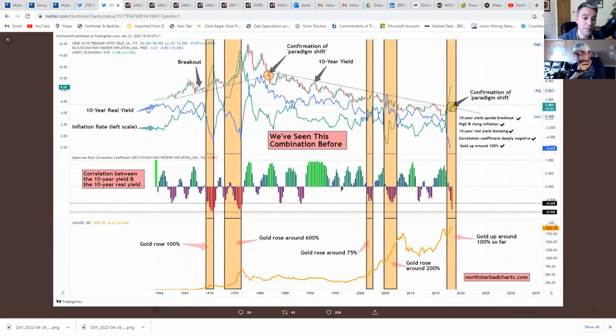10-year real yield. The real yield takes into account inflation, and inflation is the green line. So you've got the real yield in blue and the inflation rate in green. So what can you identify in the 1970s that might point to what could be happening at the moment? Well, what happened with inflation, of course, it went up very, very rapidly in 2 very distinct waves. The first wave during the earlier part of the 1970s, and the second wave after a bit of a reset